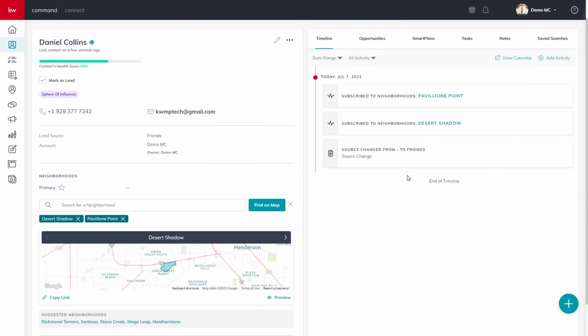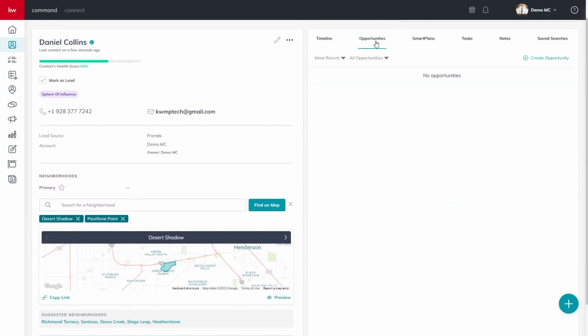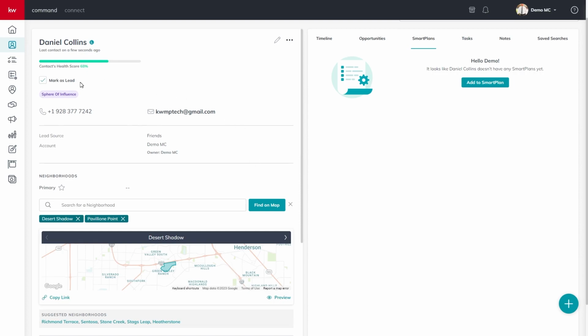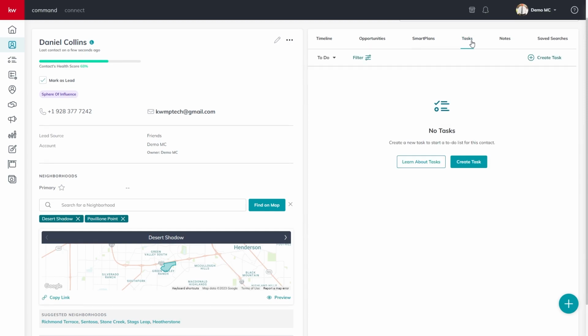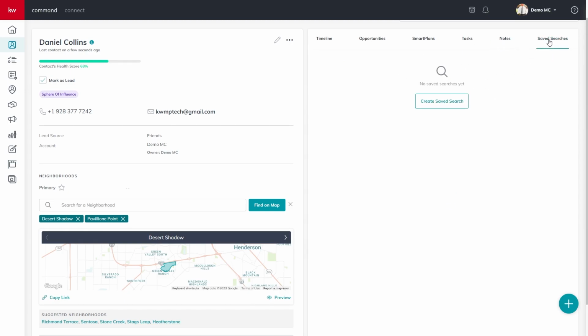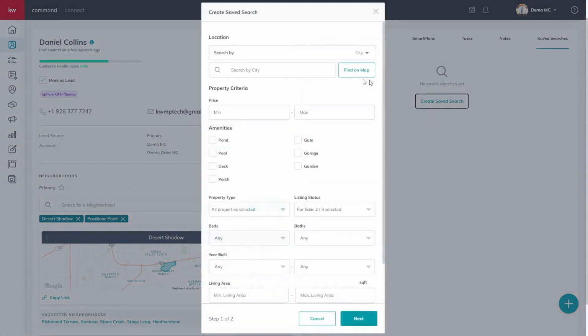Over here on the right hand side, it's giving you a timeline of things that you've done. If they're connected to any opportunities, it will be there. You can add them to a smart plan here, or if you had a trigger event set like we talked about with tags earlier, it would automatically add them to the smart plan and you would see it there. You can add tasks like a reminder to reach out to them here, and add any notes about the contact that you would like right there. If you have them on a saved search, it will appear here, or you can create a saved search